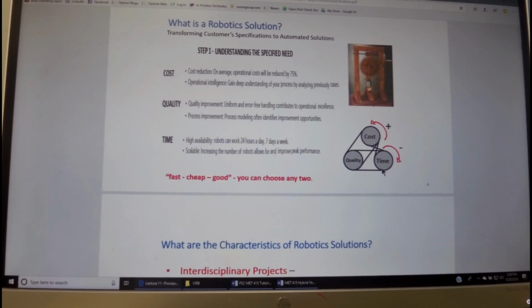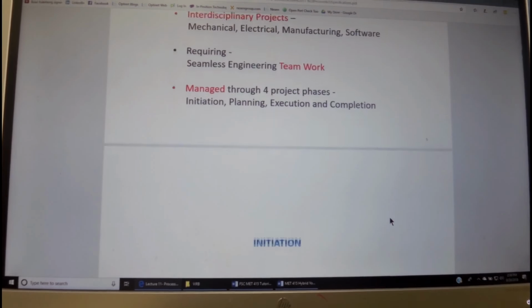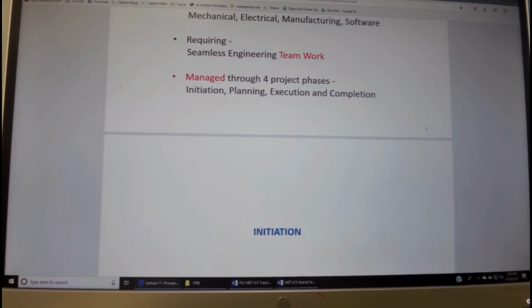If we're looking for low cost, then the time is going to be lower. So these are interrelated relationships between cost, time, and quality, and we can only trade off among them. We cannot enforce all three of them, mostly.